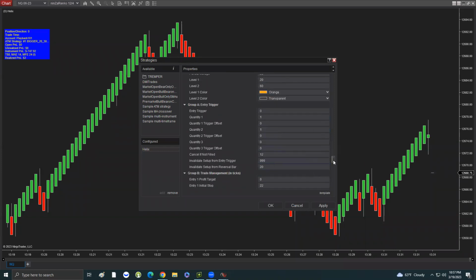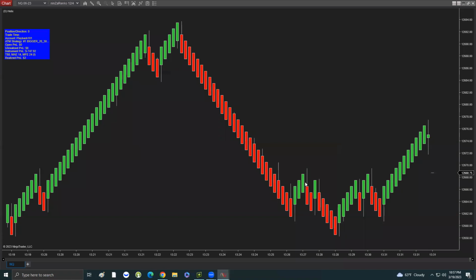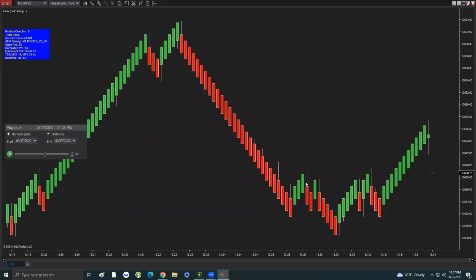All right, so enable it now, and you could enable it and go. There we go. I thought that was an indicator for some reason. No. Now, if you want the